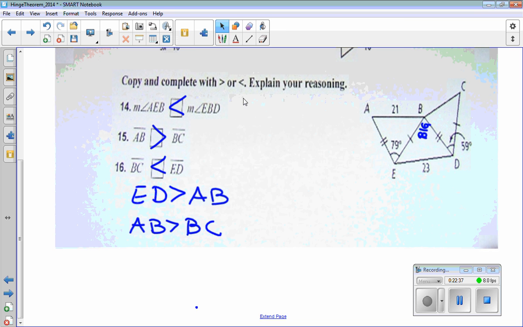Okay. So if you want to try to get your homework done, I'm cool with that. So you just have, if you flip over, it's just the three problems on the top, and then the page before it. That's it. Okay? And all of that stuff is not Hinge theorem stuff. That's just like, can the sides make a triangle? It's a little bit of what we did last class. Okay? So that's your homework. And we're done. So if you try to get it done now,